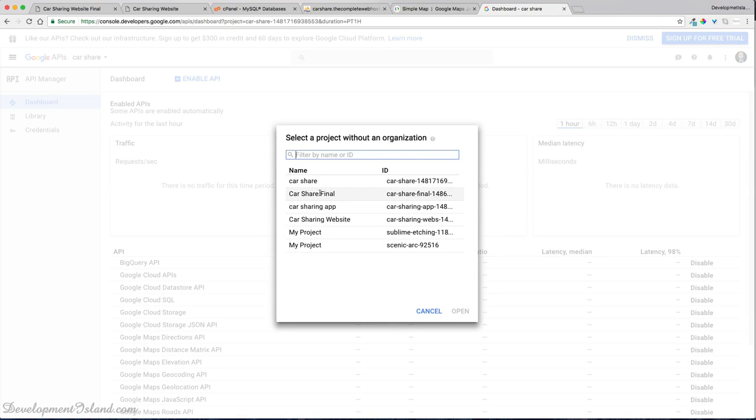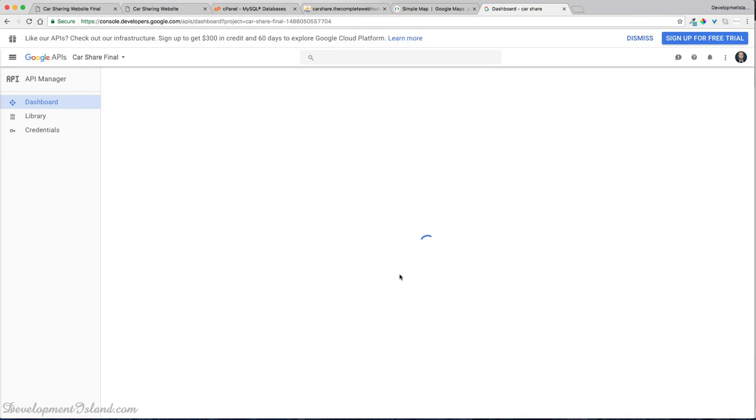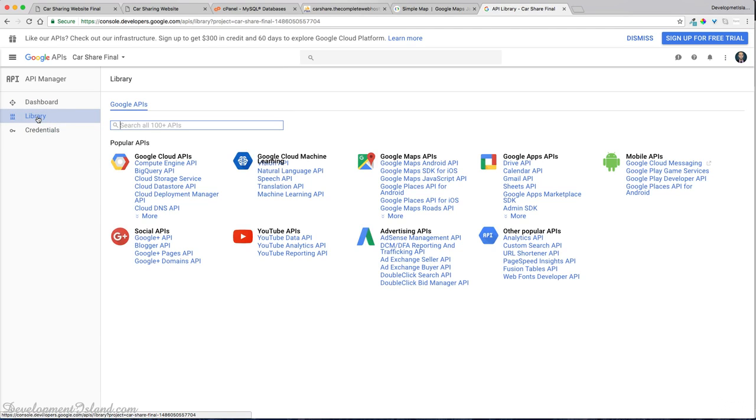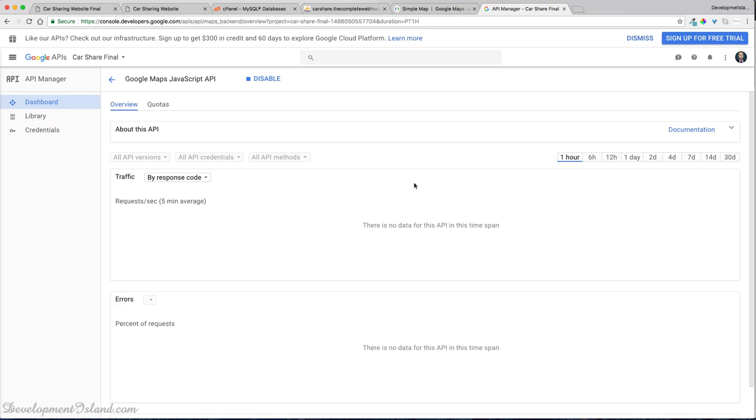So here's the project that we are interested in. So let's open that project and go to the credentials. And now we've got our key in there. Okay. Now we need to go to the library and go to the Google Maps JavaScript API, which is right there. And then we can see that our key is already enabled. Okay. So now we can go ahead